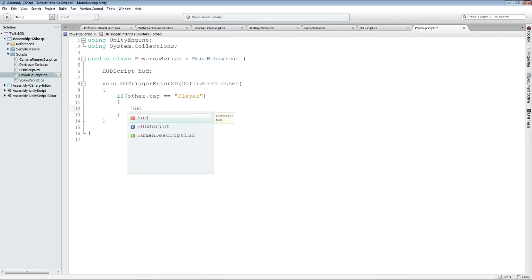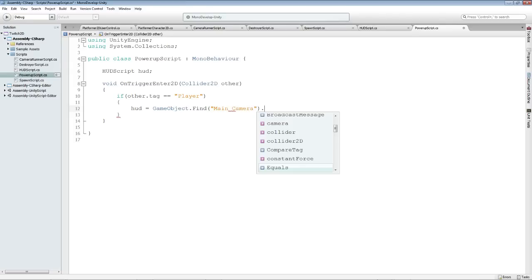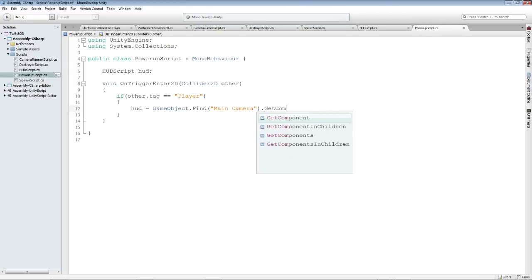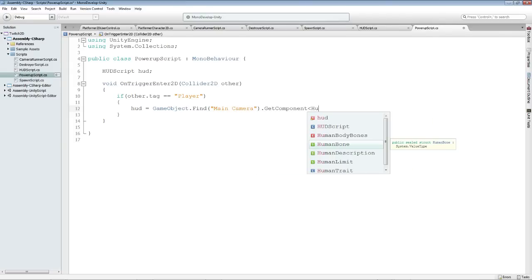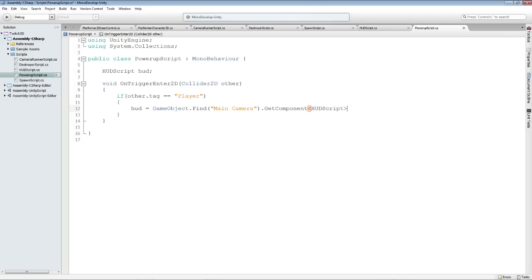So, sorry. Hud equals GameObject.Find. We're going to look for the main camera. And then from that, we're going to do GetComponent, and we're going to grab the Hud script from it. Now, it's much better to pull this once, have it on the spawn object, and pass it on to the children, so we don't have to do this, right? Because that just makes things slower. But assuming that,